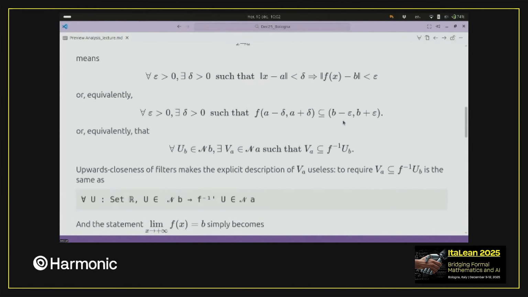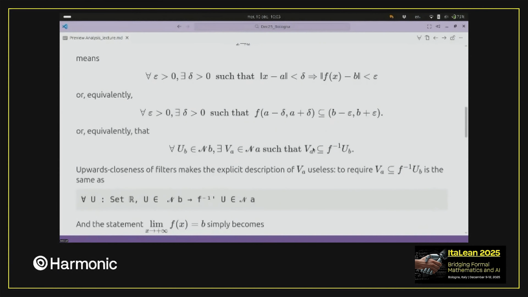So what I've written here is that for every U, which is a neighborhood of b, there exists a neighborhood of a that is contained in the preimage of U by f. For the time being, I haven't done anything. I've just translated the usual classical definition of limit in terms of epsilon and delta, just observing that all this delta and epsilon business is just a way of speaking of a ball around the point, an open ball